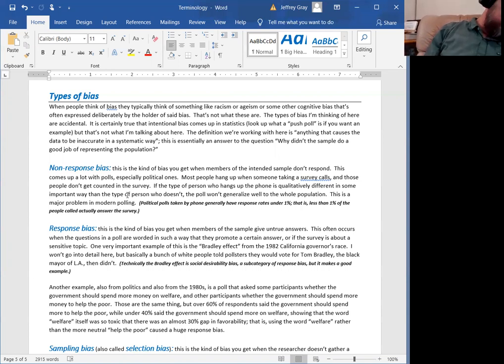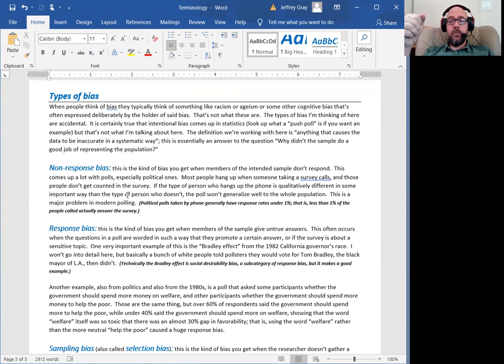They're different in some important qualitative ways, and so you end up with samples that are not that representative. So that's what non-response bias is. It's when people don't respond to your survey, and it causes your sample to be non-representative in some way. Response bias, on the other hand, is when people do respond, but give you answers that